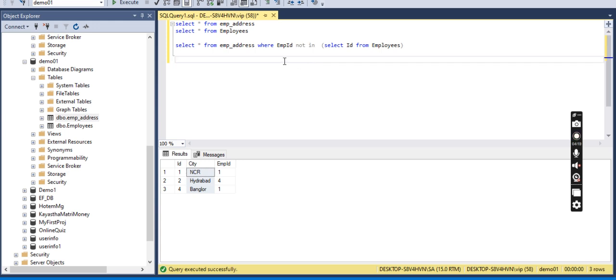So we have written a subquery here: select ID from employees and EMP ID not in. Based on this in or not in keyword operator, we return the subquery. It's a really important interview point of view. Interviewers ask why we are using a subquery, and whether a join is better than a subquery. A subquery takes more time compared to a join, but it depends on the